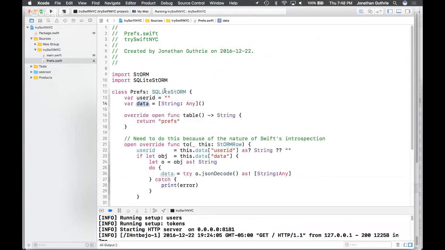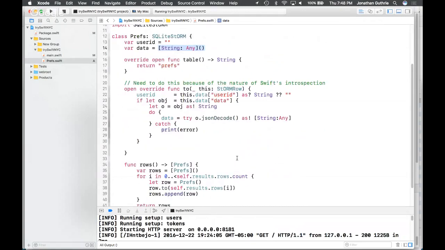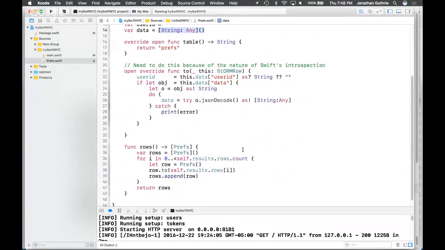Swift 3 can see that we've got a user ID and a data property, can see that it's a string and a dictionary, and can also see the values, but it can't write back to them. So these two functions, unfortunately, are all about trying to write back to the data within the instance of the class.